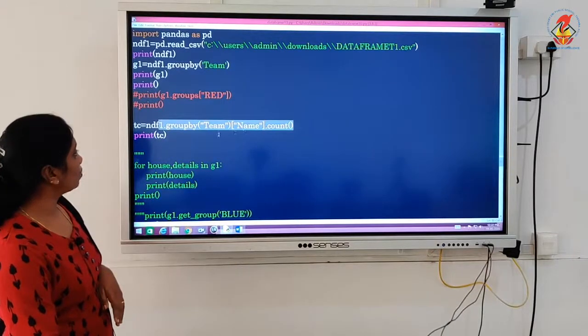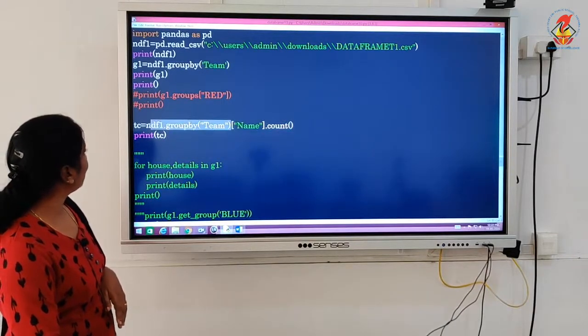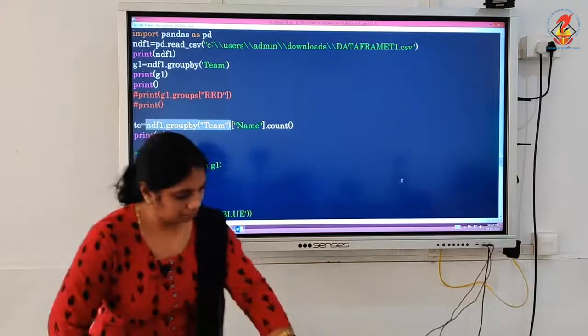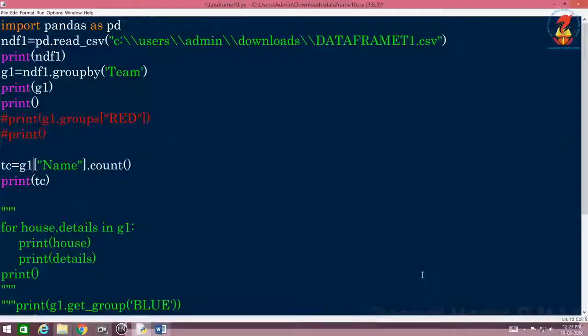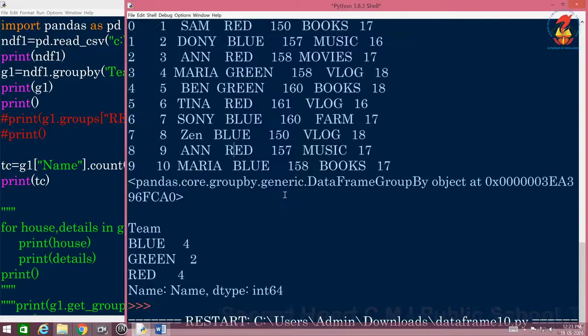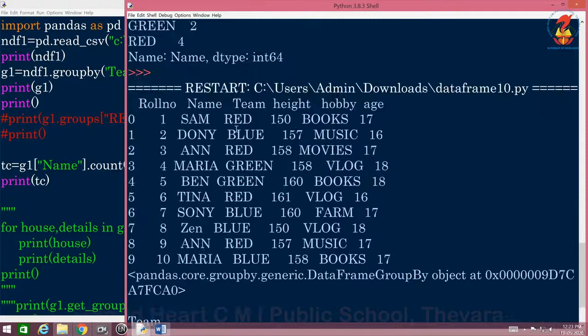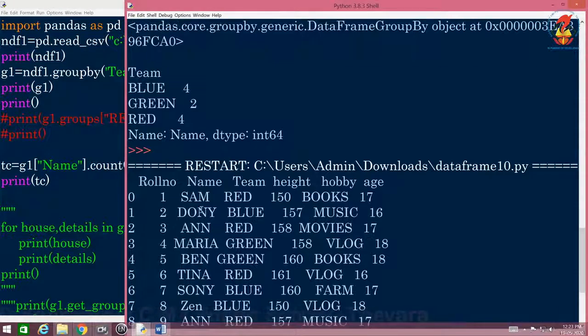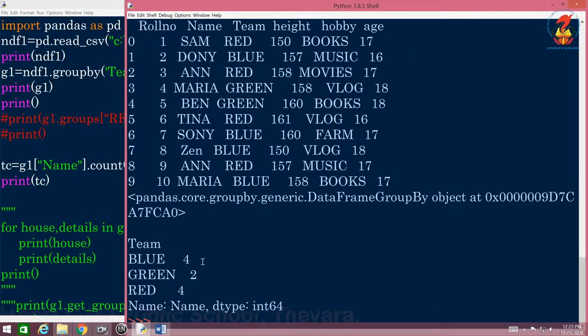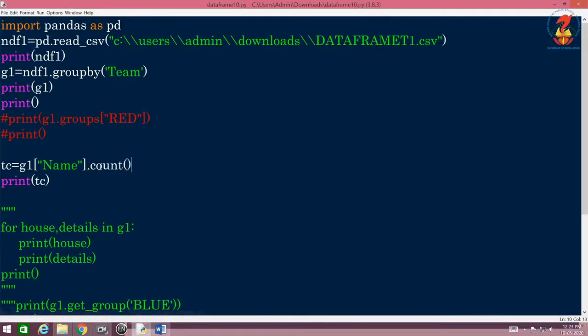So let's make a small change here by writing it as G1. G1 is a name here. Let's run this once again and see what answer comes. The same answer came. Earlier also the same answer came, and now also the same answer came. I hope you got it. So this is the count function I have used. I can also use some other options.